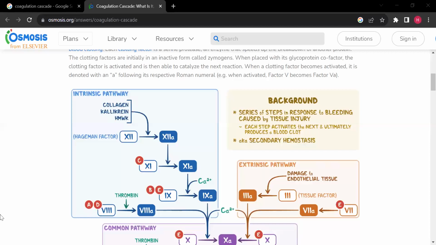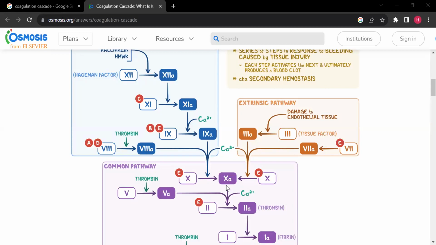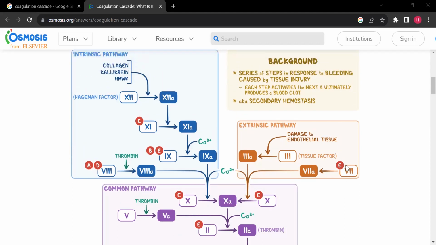Yeah, so the coagulation cascade. We have the intrinsic pathway and then the extrinsic pathway. For the intrinsic pathway, it usually starts with, I think, yeah, that's 12. From 12 to 11, then 9, to where 10 is the one that is common for both pathways. For extrinsic, it is usually 3 and 7. And yeah, that whole coagulation